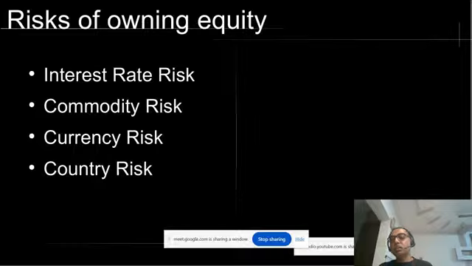And country risk is if some company is heavily transacting with a particular country, and that country has changes in the regulations. A recent example would be the tariff war which is going on, right? Most of the countries are facing challenges because of the US restrictions or US changes in the tariffs. Some countries have their own retaliatory tariffs which are going on. So all of these could impact businesses at the global level.